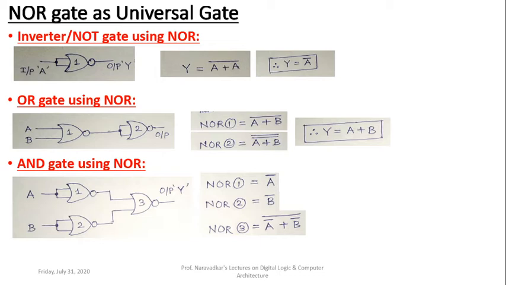It means that the simplified equation at the output of this third NOR gate will be A double bar dot B double bar. In a simplified way, it is equal to A dot B. So output Y is nothing but A dot B here. Y is equal to AB, you can simply say. And this is nothing but the equation of the corresponding AND gate.